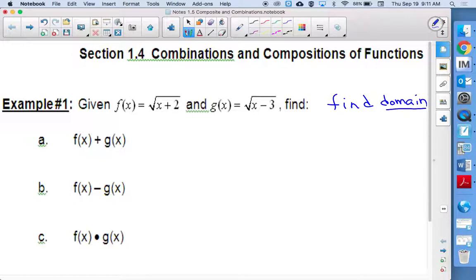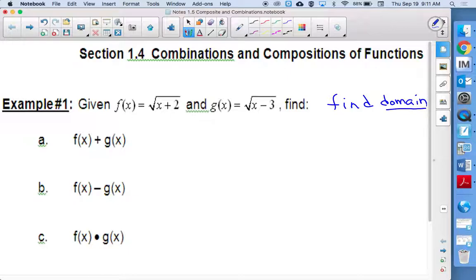Because each one of these could have a restriction on it. Anytime there's a restriction on a function, we need to list that restriction. And that's because if you have a square root, you can't just plug any number in for x if you were asked to evaluate. So before we do a, b, c, and d, if you look at the 2 functions,